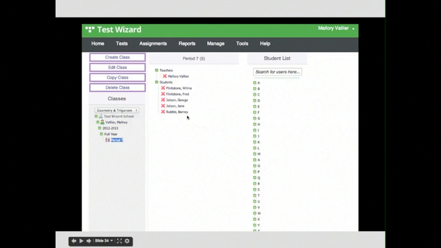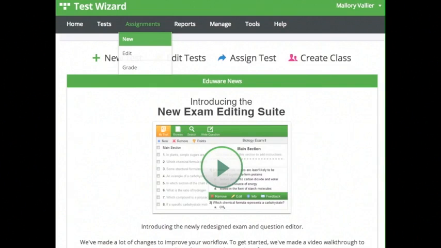If you have a new student, you can add them in. So now you have your exams ready, you have your class ready. It's time to post an assignment. If you go to the Assignments tab, you can click on New Assignment, or you could simply click Assign Test